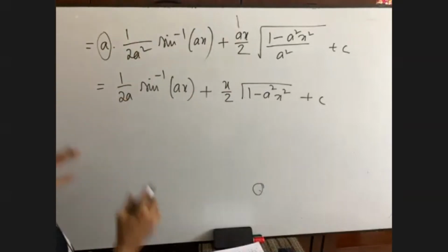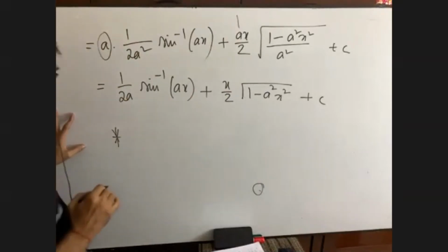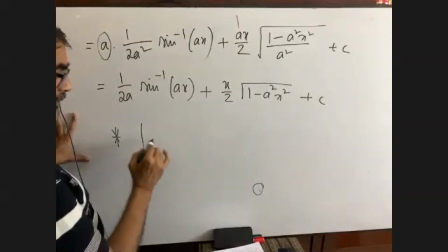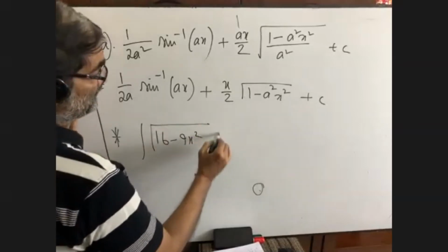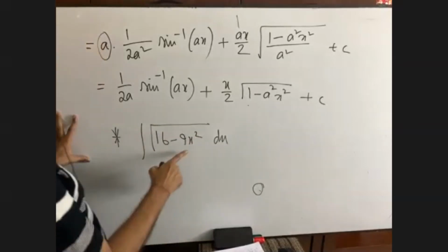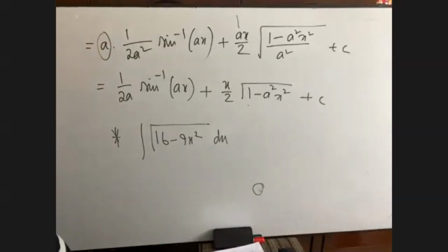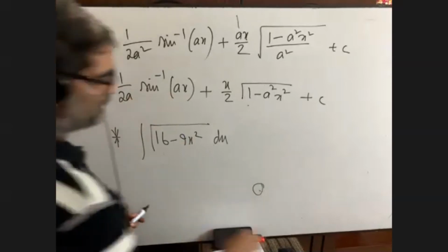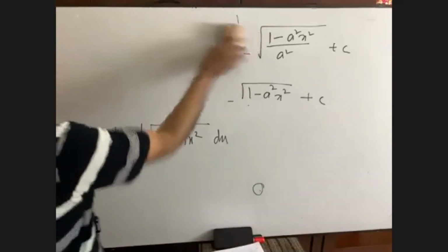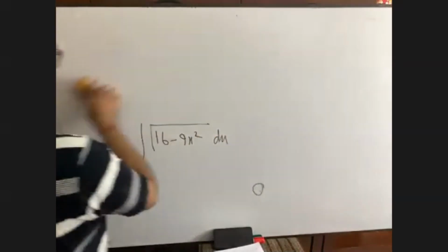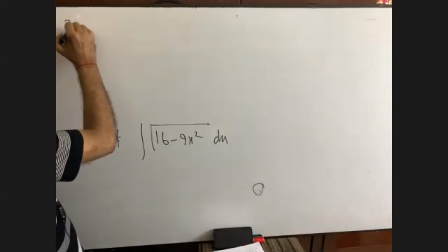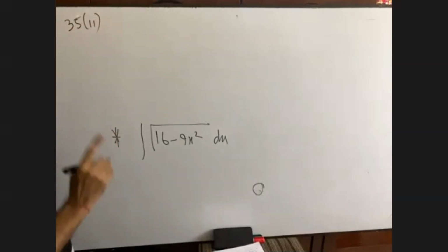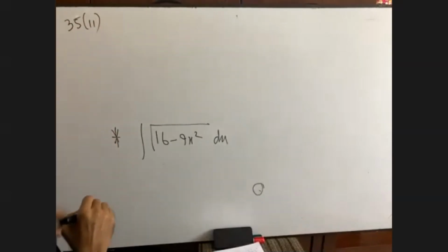Okay. Now for your betterment, or if you want, I can write it down. This math can be done by you at home, or if you want, I can do it. But the same formula, this formula. Here 9 is to be taken common. Sir, please do it. Okay. But it will take only 1 minute to do this math. This is question number 35 to 35 two. We are left with only 2 maths. This math and another math.